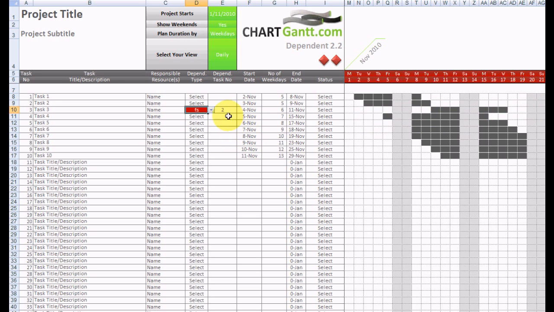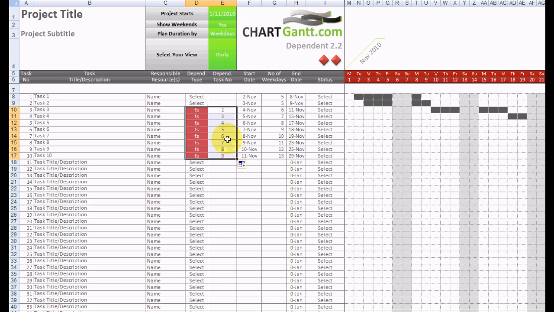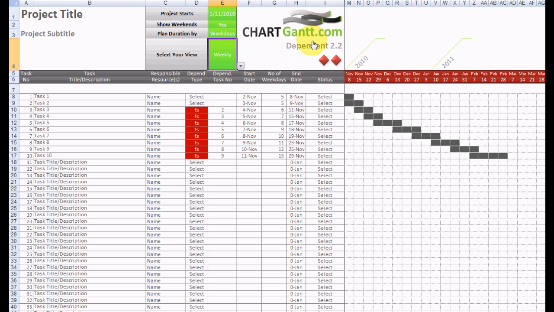out. So the power of this is actually, if we want to create a waterfall style of project plan, we can simply drag those down. It's probably gone off your screen there, so I'll just move up to a weekly view. So we can see that those tasks are now stacked. You'll see some overlap here because they're obviously starting and finishing in the middle of the week, so that bar